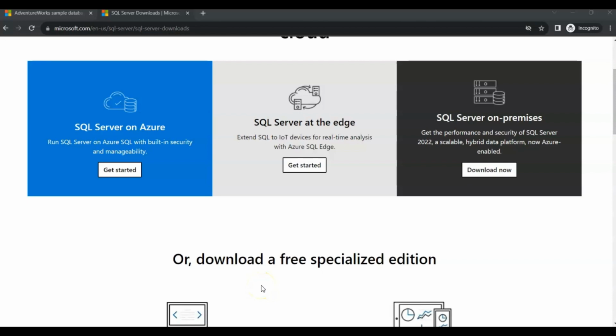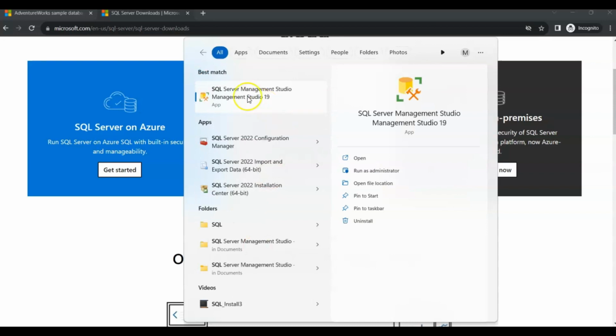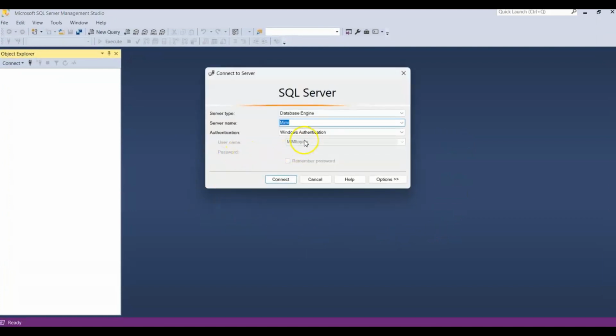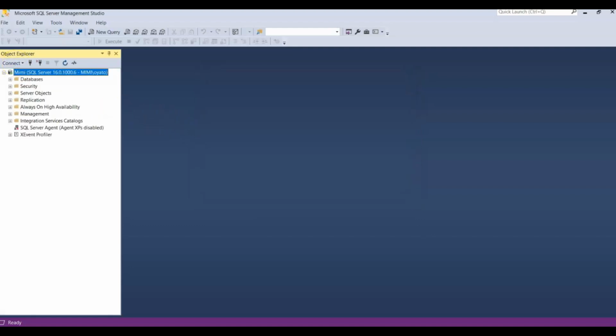Now that we've restarted the computer, we need to go to the search box and type for SQL Server Management Studio, and you're going to launch that on your computer, and that should open up this widget right here, and you should see your server name. So the server name is the name of your computer, and if I click connect, this should open on the left side here. We can see that right now we don't have any database